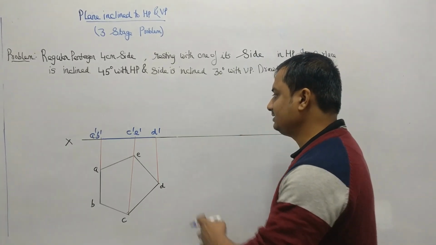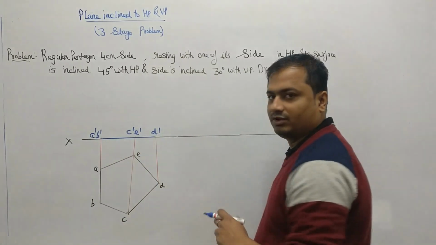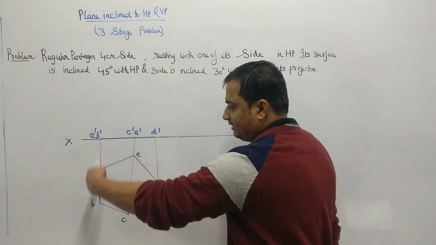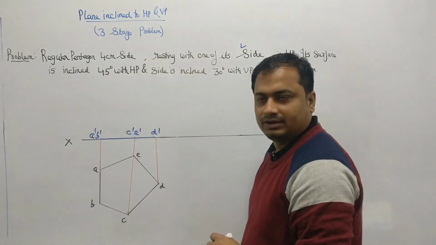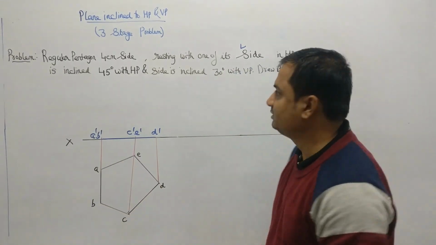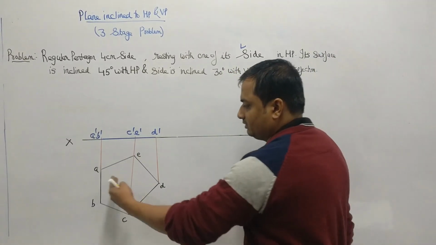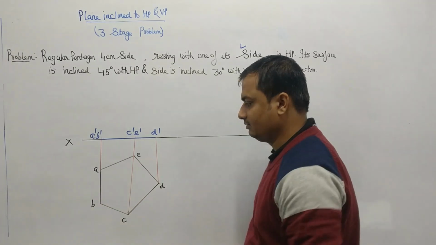Now the second stage is where the surface is going to incline. One more thing: we have taken this pentagon with one side vertical, because this is the problem of side. That is the reason we have taken this AB as vertical. If it was a problem of corner, the vertical side AB should be on this side, and the corner should be here. So this has been turned.